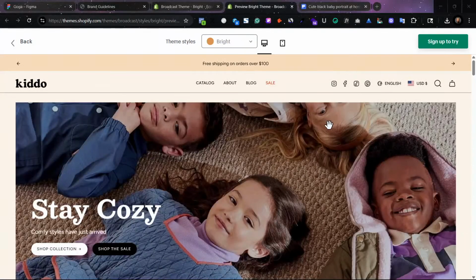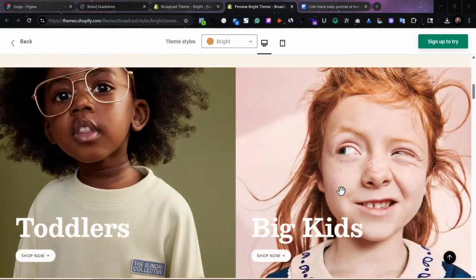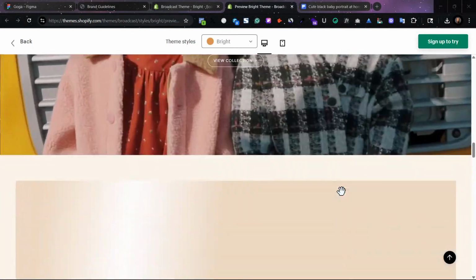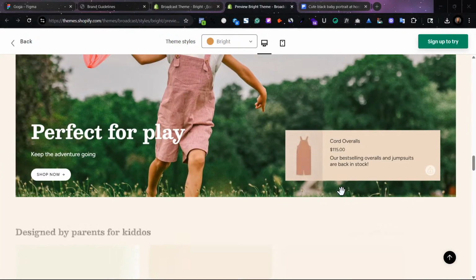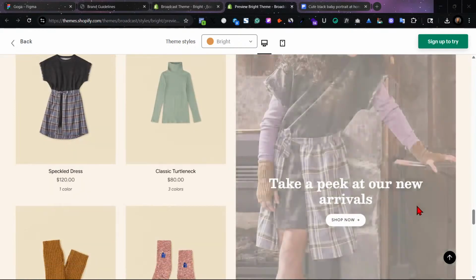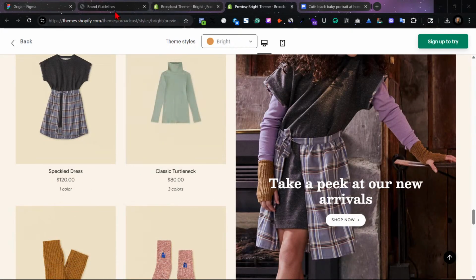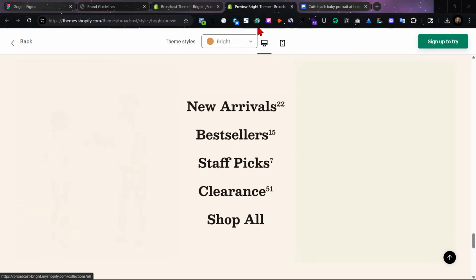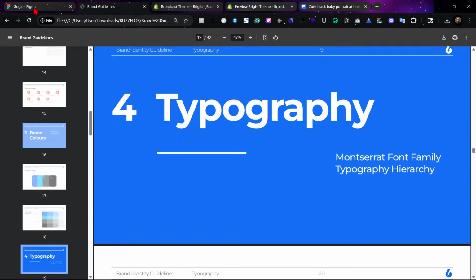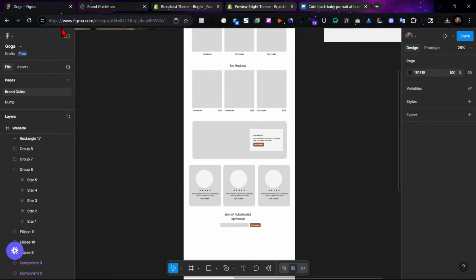Okay, so this is for kids, almost the same style. Here is the whatnots here. Okay, almost the same idea that we got. So I think we are kind of done. Then the footer, we all know that there's always going to be a footer, right? So I think we're just going to randomly